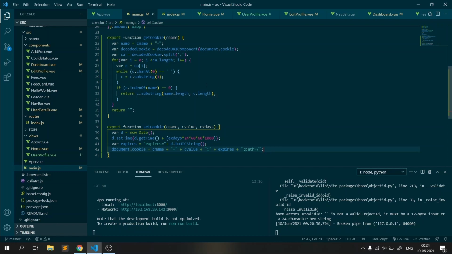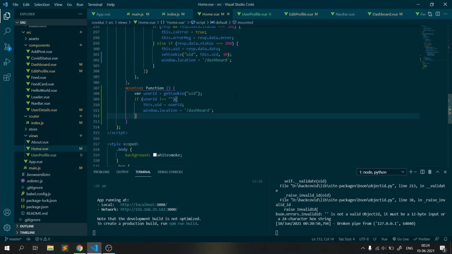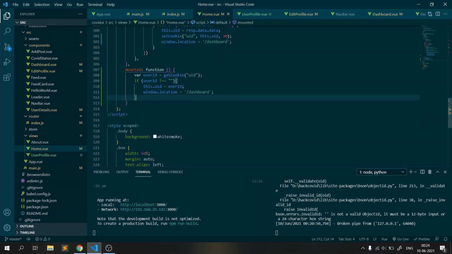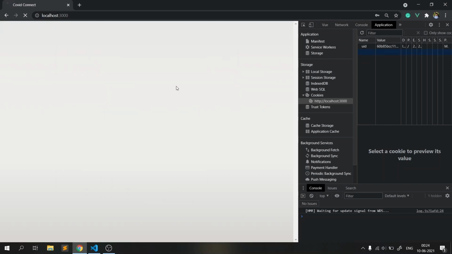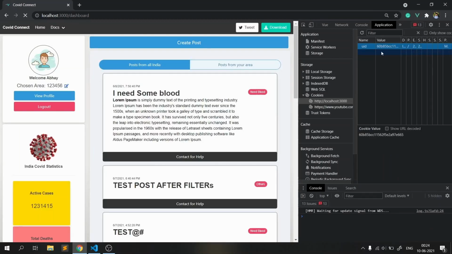Now let me tell you an algorithm that I used for auto login systems, right? So in my home.vue, just consider it as a JavaScript file if you don't know about Vue.js, right? So mounted is a function that is called whenever a page is loaded. It is just like a window.onload function call of JavaScript. So here I am trying to get my UID cookie. As you know, I use the cookie of UID to store my user's ID, and that cookie is created whenever a user logs in.